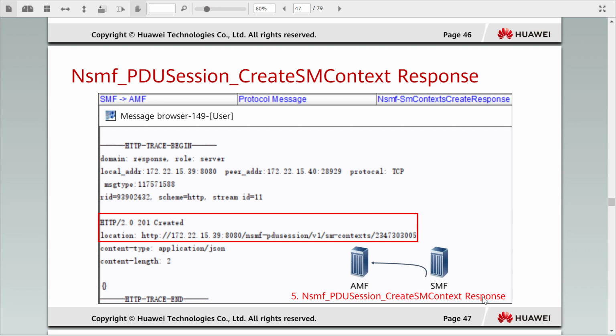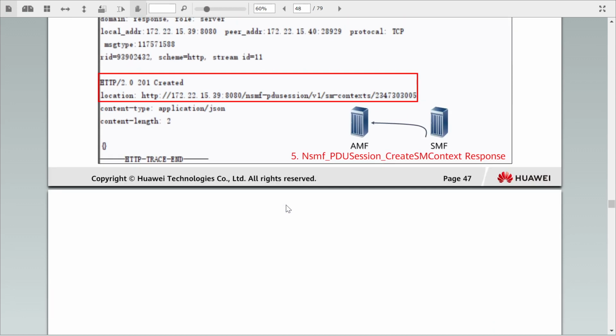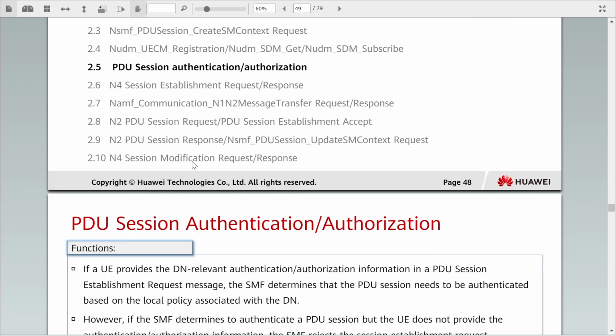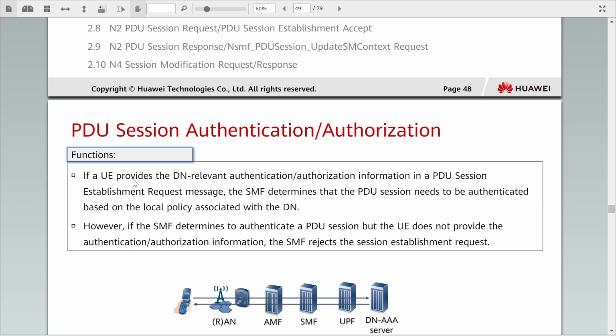You can see this response message. Created HTTP to created location, all this information, the SM context value you can see over here, which has been created. Okay, now what happens is the PDU session authorization authentication flow, which I have told you about, if the UE provides